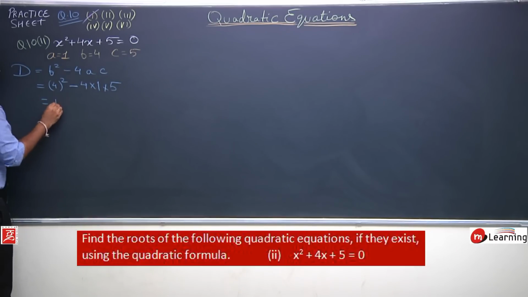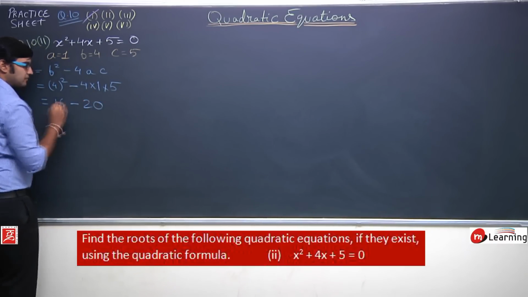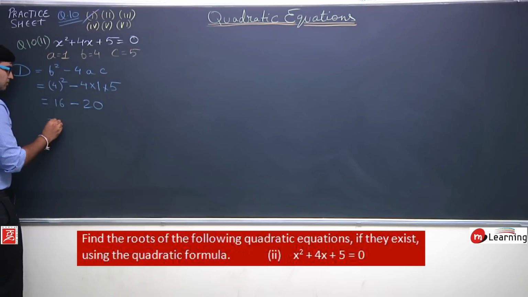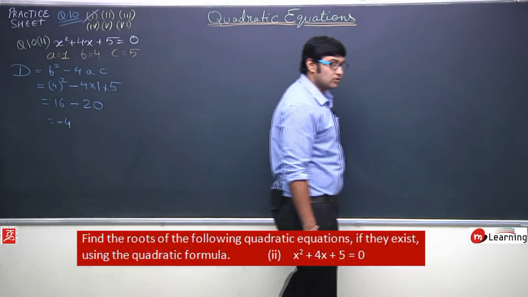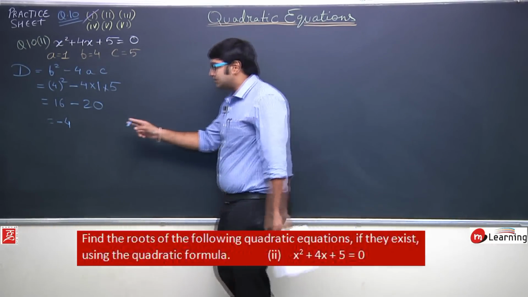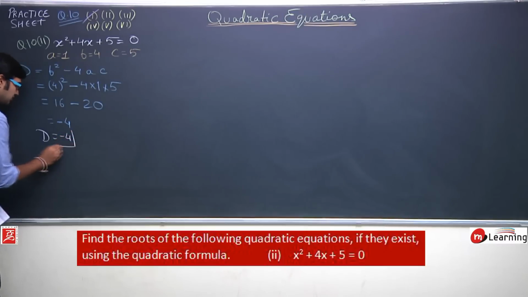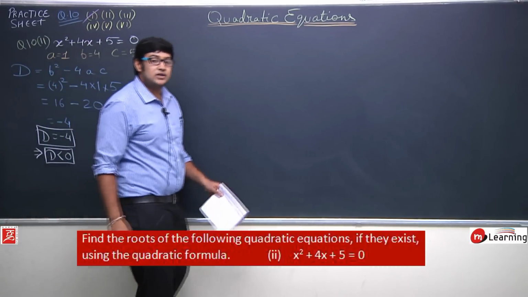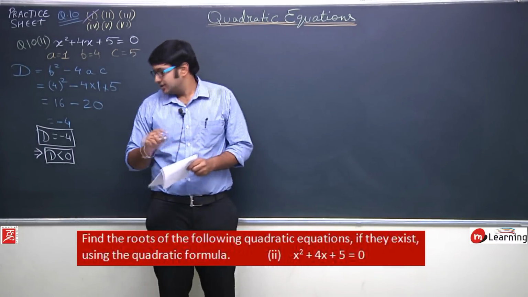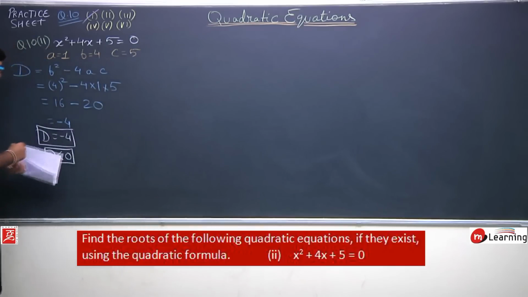So further solving this, 4 4s are 16, minus 4 into 1 into 5 is 20. So it will give you d is equals to minus 4. Now, if d is minus 4, it implies d is less than 0. Now, what will happen if d is less than 0? We just learned that if d is less than 0,